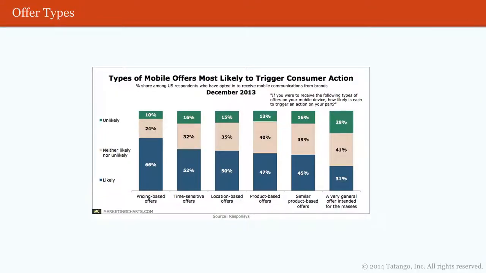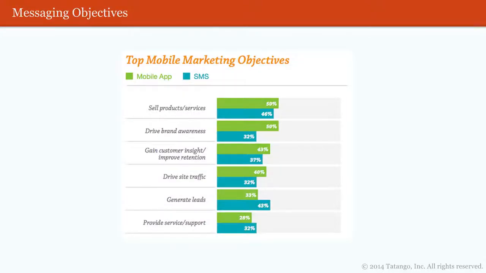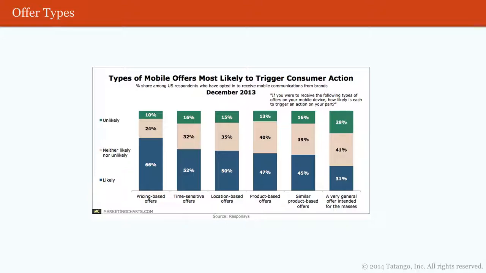So taking that, let's look at the different types of mobile offers that you can push out to your customers, because we've determined that we want to sell products. So look at all the different ones. There's price-based offers, time-sensitive offers, location-based offers, product-based offers, similar product-based offers, and a very general offer intended for the masses. As you can tell, a very general offer intended for the masses does not go over very well